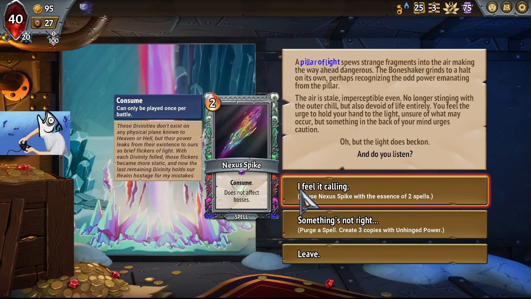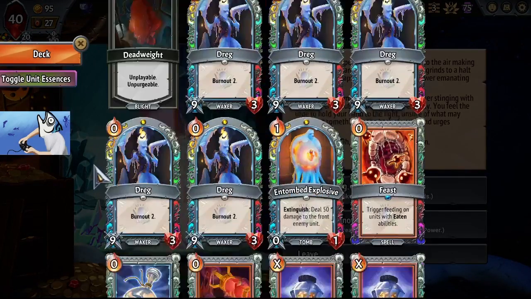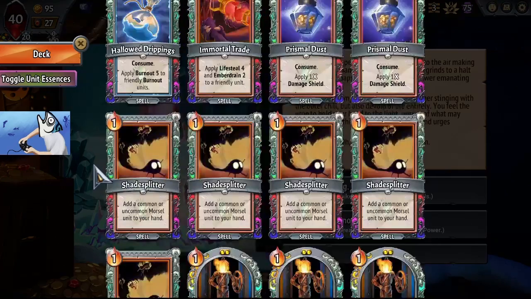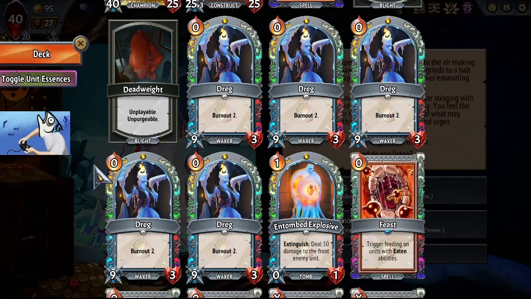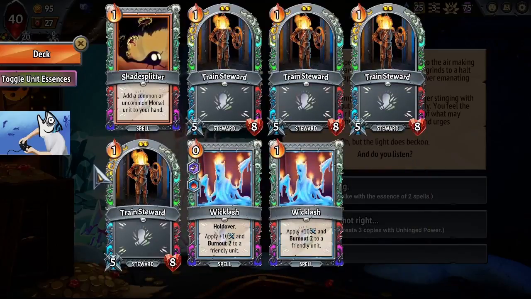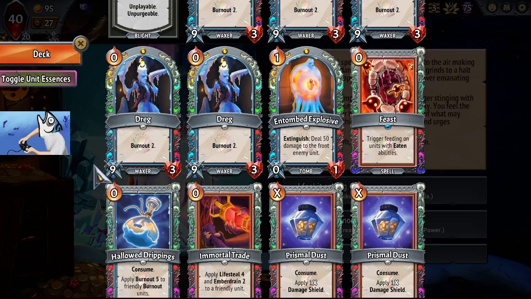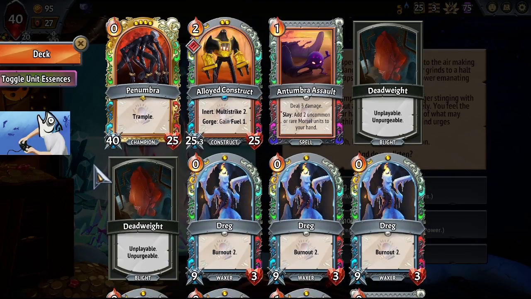Oh no, we got the Nexus Spike event and we don't have Shroud Mitosis. It's the one thing I wanted to try. What do we do? I guess we can double Whiplash. Or we can...